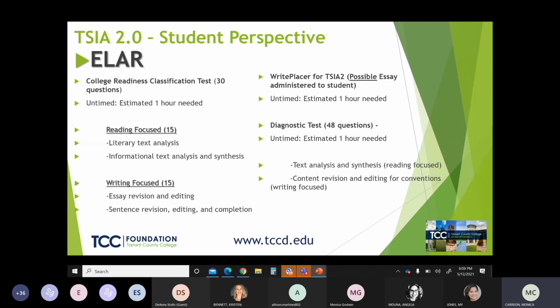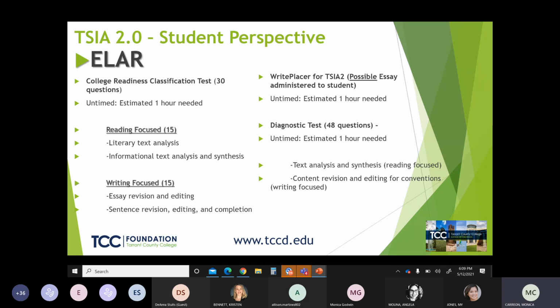If you score high enough, you will get an essay, and if you don't score high enough, you will not get an essay. If you don't score high enough, you will be taken into the diagnostic portion. And the diagnostic portion is the part of the test that tries to figure out which courses to place you into because you didn't score well enough in the college level portion. And I hope that makes sense to everyone.